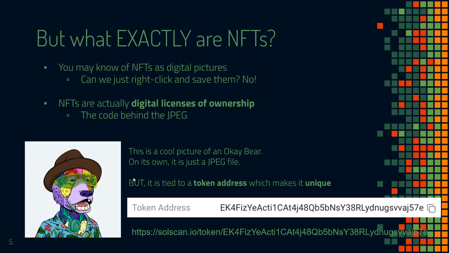And so we look at this picture of an OK Bear, right? And this is just a JPEG. When it got loaded into the PowerPoint here, it was just an image that was loaded in. But what's actually making this unique? Which is the reason that this picture that I could post anywhere